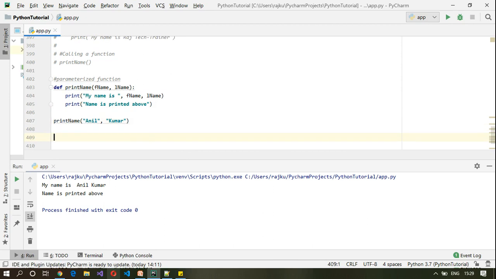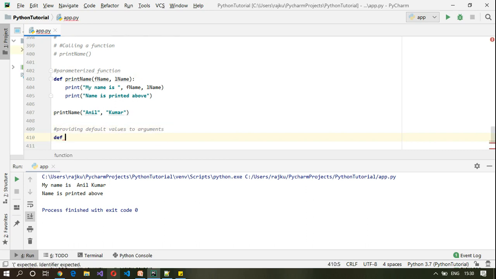If I want to specify a default value for a particular argument, how do I do it? This example is for providing default values to arguments.